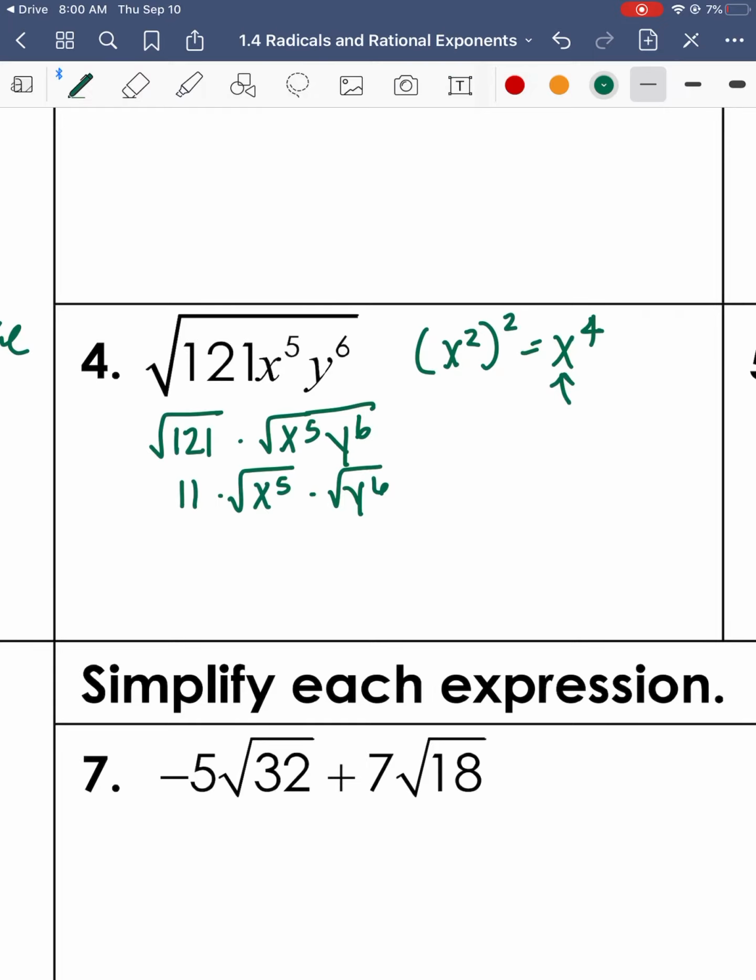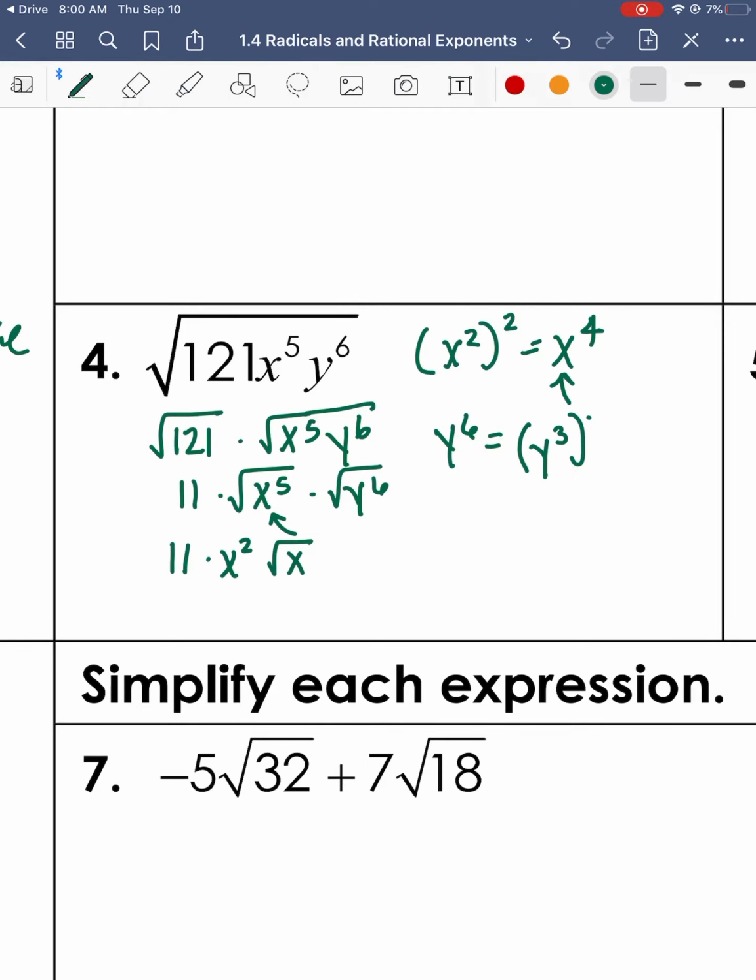Okay, so what we can do is we can pull x to the 4th out of this and take the square root of that and move it out in front of the radicand. So we can have 11 times x squared times the square root of x, and then y to the 6 is actually